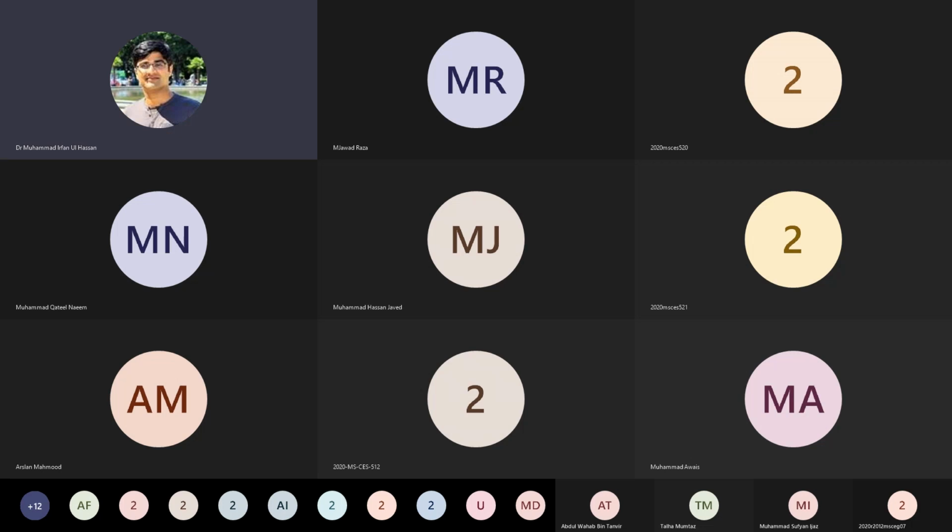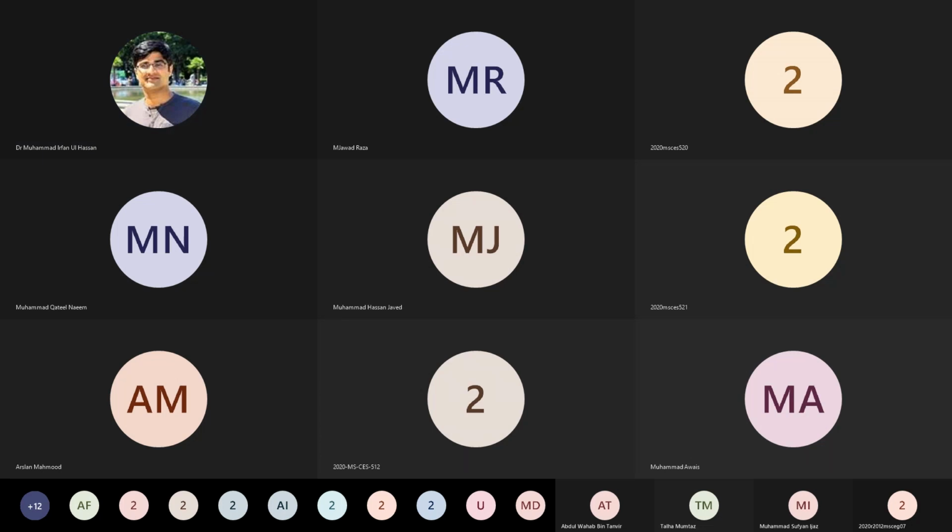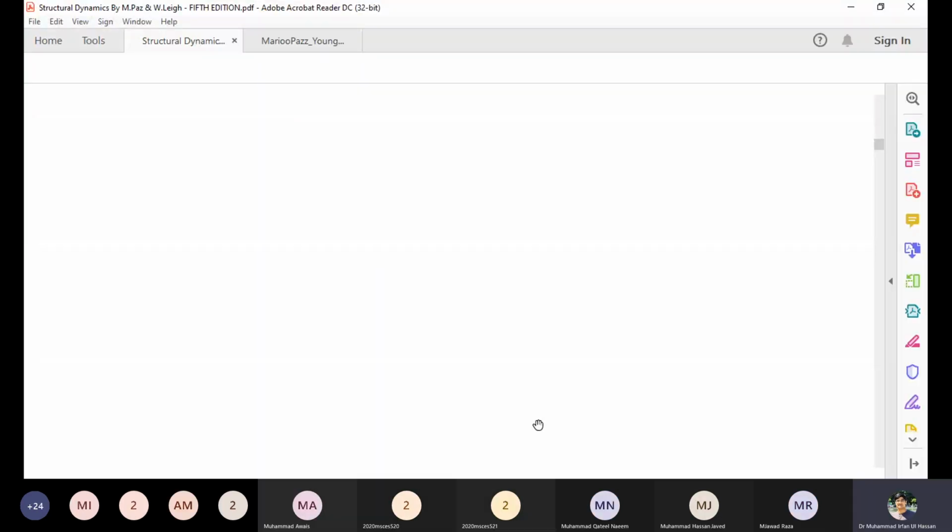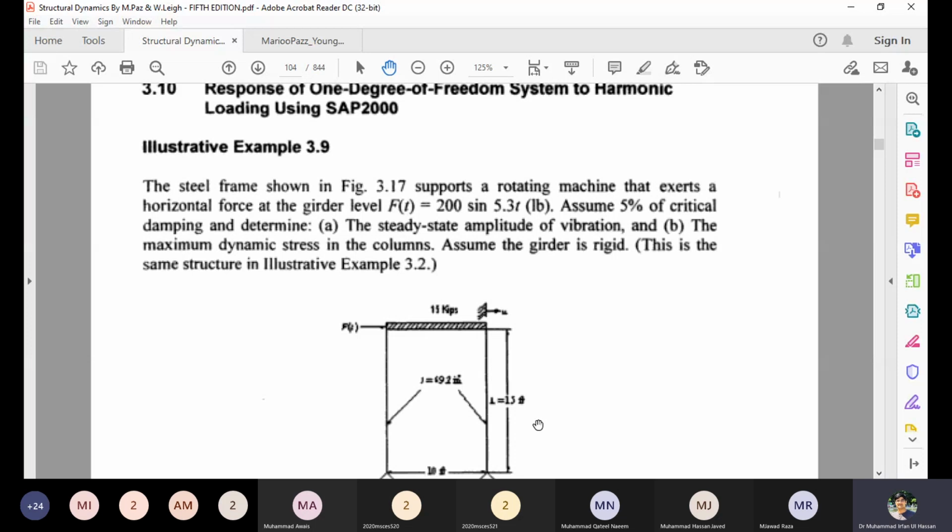So you know how to make a time history function. In the different books of dynamics, for example, one version of Mario Paz, which was an old version,